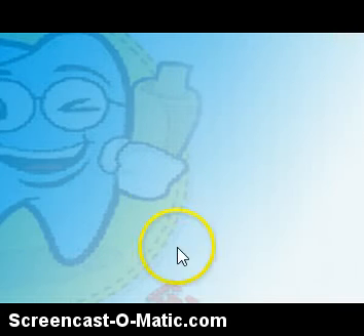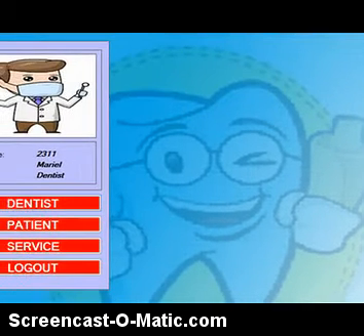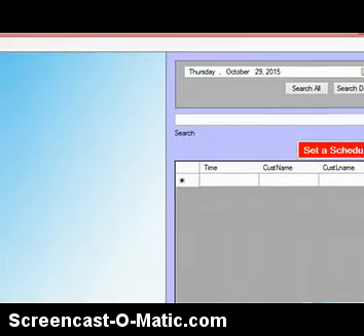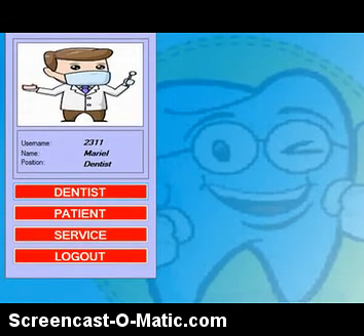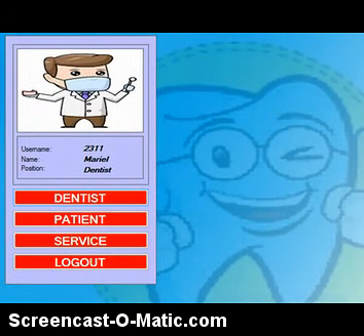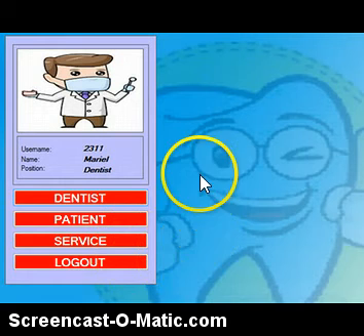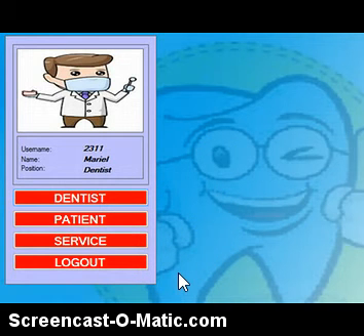Okay, so this is the interface for the home. We have here the dentist, patient, service, and log out. This is the menu for the dentist.